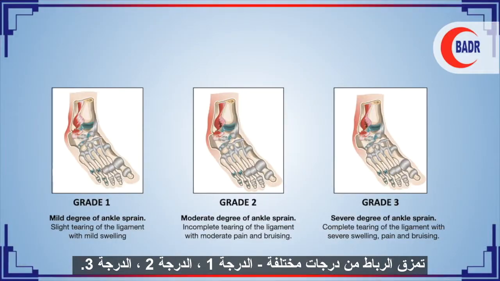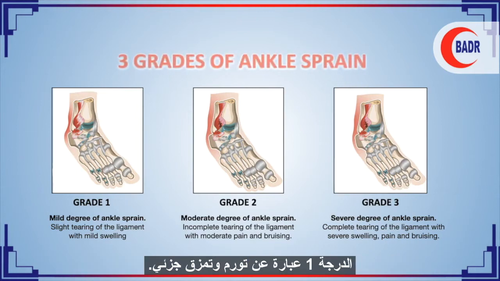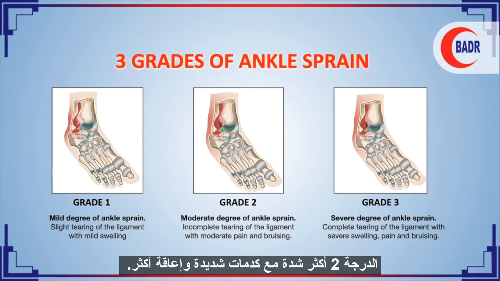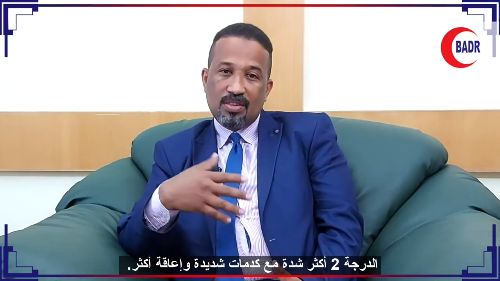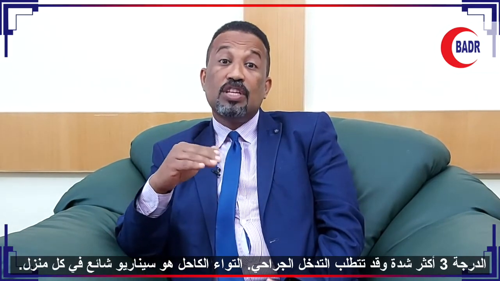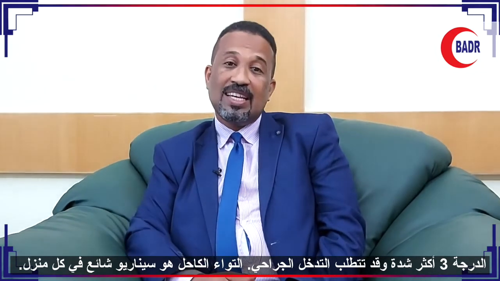Actually, ligament sprains are graded, maybe grade 1, grade 2, or more. Grade 1 is just swelling and a partial tear. Grade 2 is more severe and may be associated with swelling, massive bruising, and more disability. At a later stage, it may change into a complete tear, which may necessitate surgical